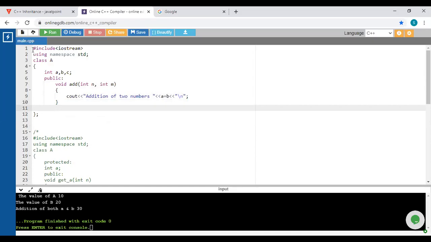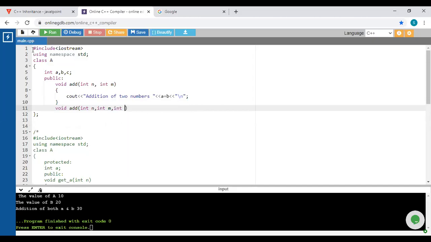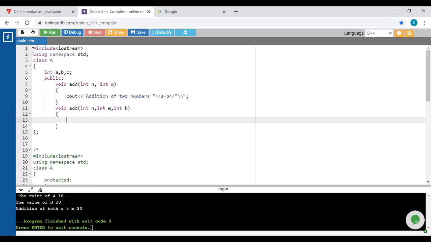Next, again inside this class, we will add one more function with the same name, but in that we are using three different variables. Here in this case we are going to overload this particular function, because the first add function is going to accept two different variables, and this add function is going to accept three different variables.